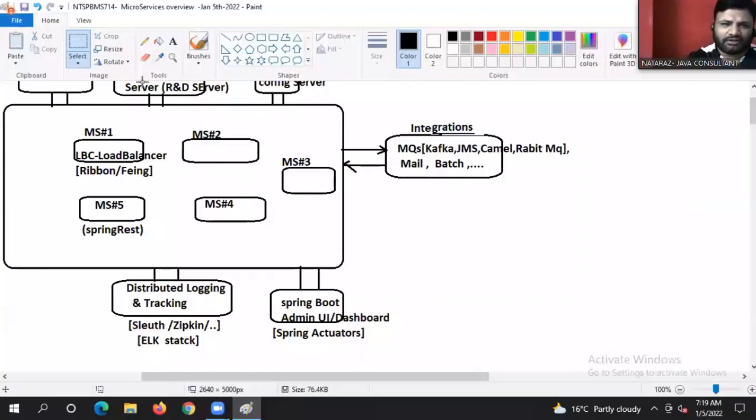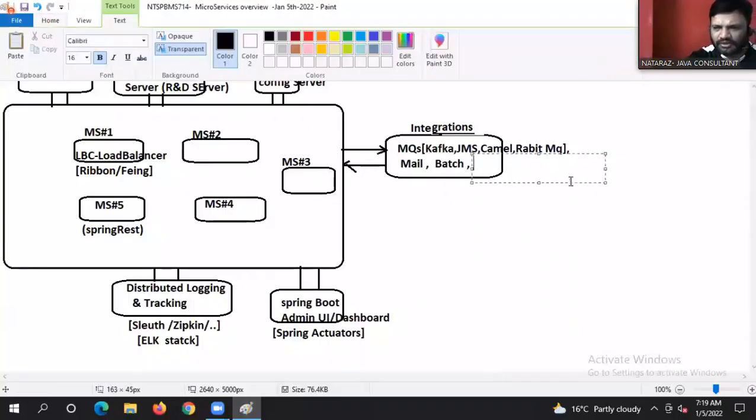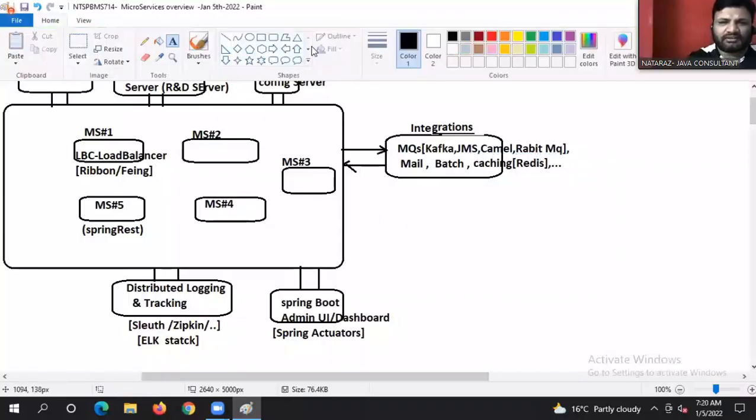For caching also we can go for Redis kind of thing, boss. When it comes to caching, Redis is there, and many possibilities are there.